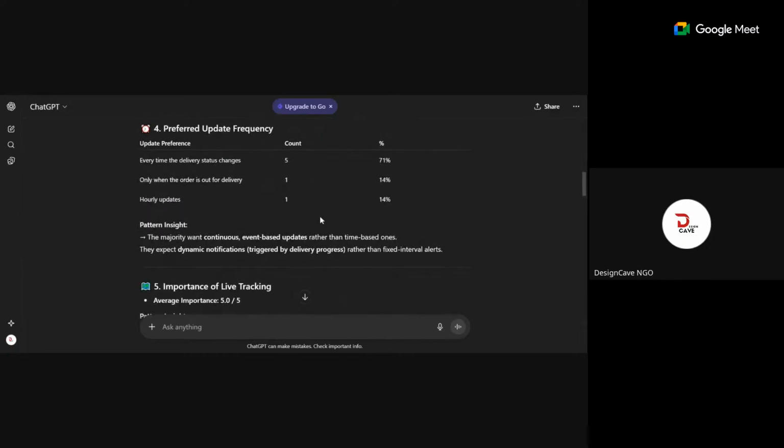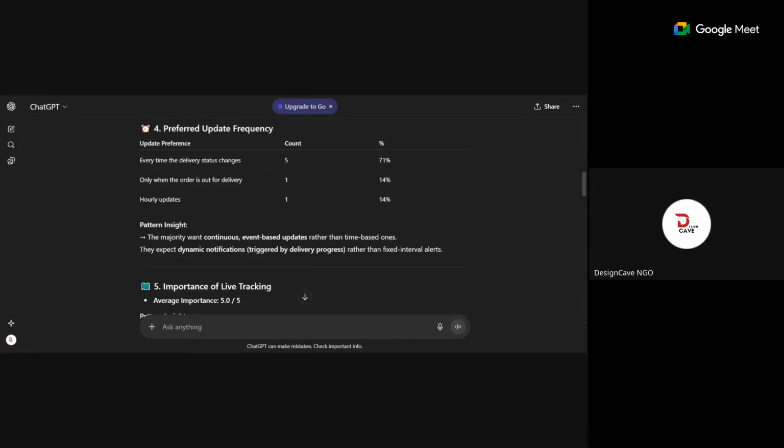The preferred update frequency. Now, looking at this, we have 4 options: only when the driver is 30 minutes away, we have hourly updates, we have every time the delivery status changes, and only when the order is out for delivery. Look at what our people pick.